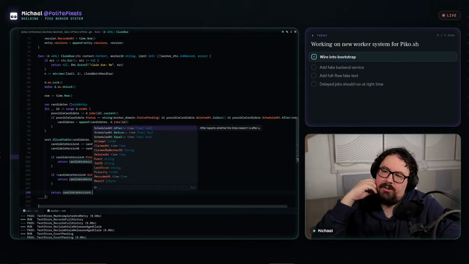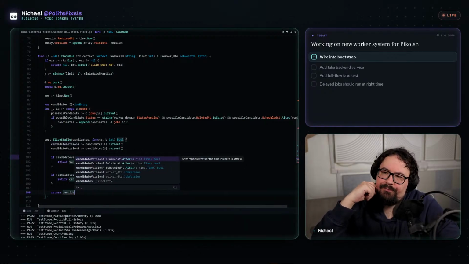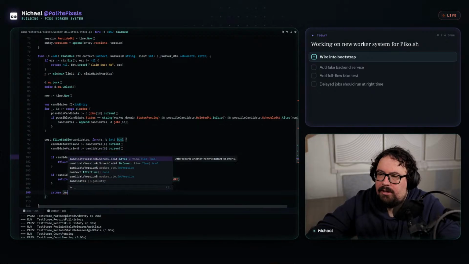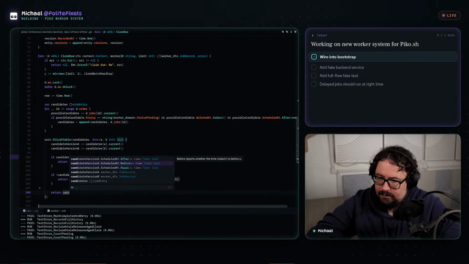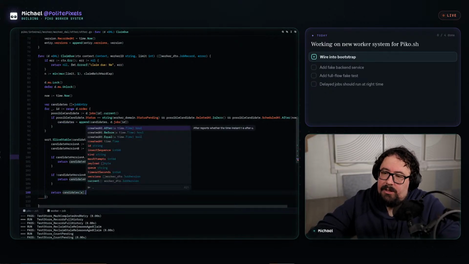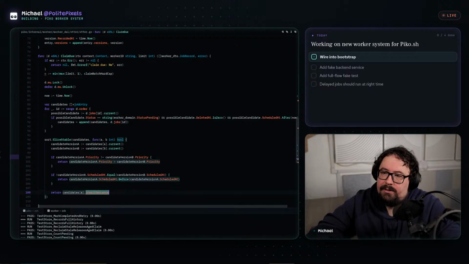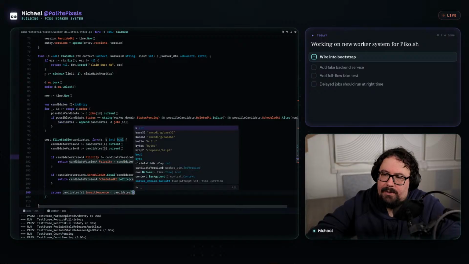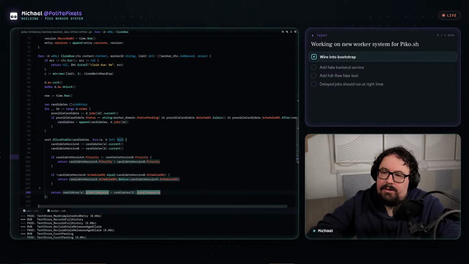And then if they still match, let's check the sequence so we're as deterministic as we can be. And for that, I'm going to need to actually check the array again, the slice candidates. Dot insert sequence is smaller than candidates B insert sequence.